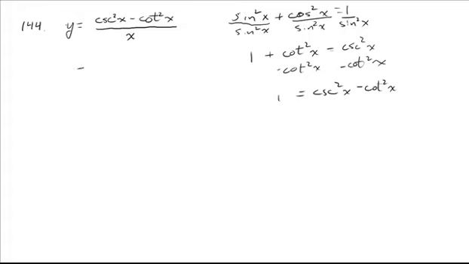So it turns out our function is just 1 over x, or x to the minus 1, which is a very basic power rule. The derivative is pull the power in front, negative x to the negative 2, or negative 1 over x squared. So simplifying this one from the beginning makes the derivative a lot easier,